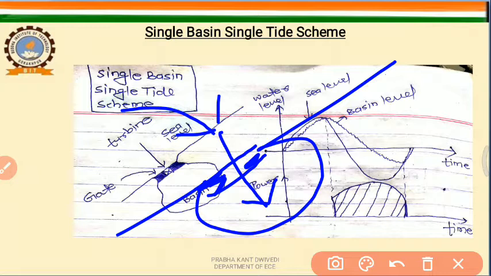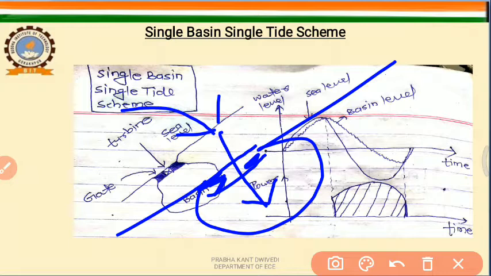Some water is stored before the high tide. Means always there are some waters in the basin, and when the basin is emptying, the total water can be utilized to generate the electricity. That's why if we use the time when water is emptying from the basin, we have more water available. If we use it when the water is filling up in the basin, we have less water to use.